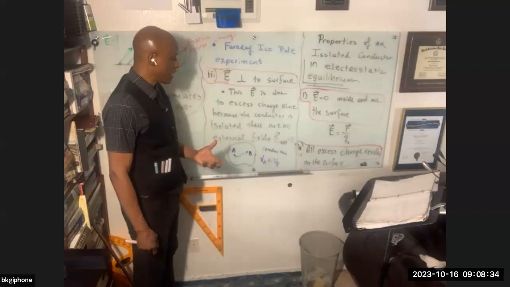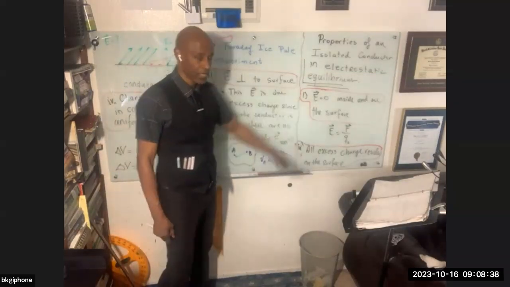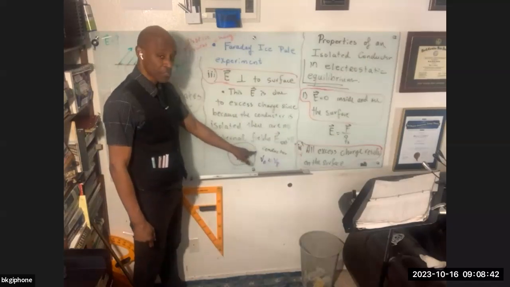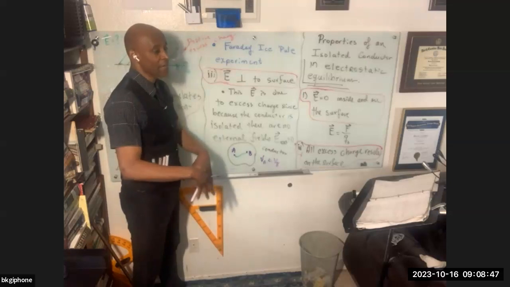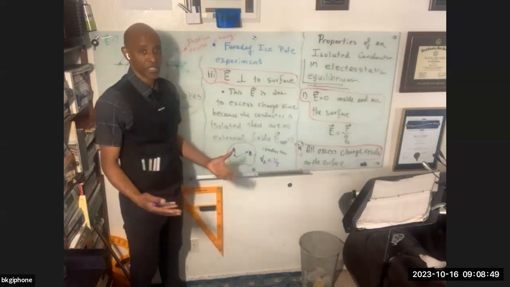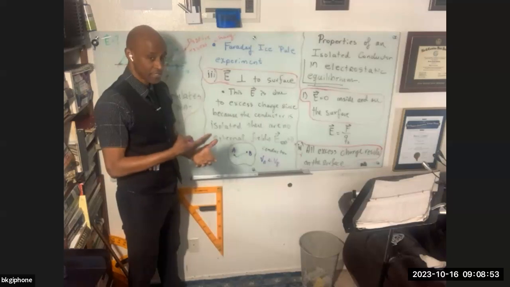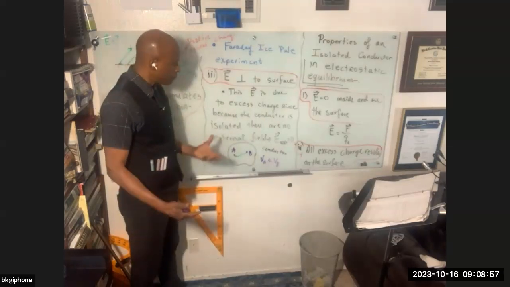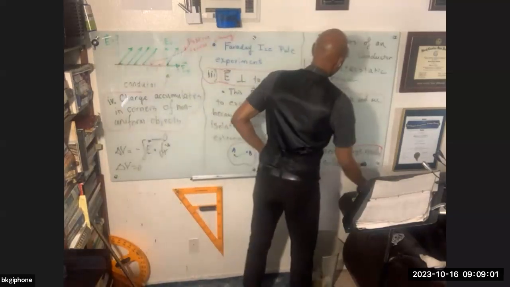Now we could say everywhere on the surface, the potential is constant, for the same argument we made over here, that you can make one of these positions infinitesimally close to the surface. So not only is the potential constant everywhere on a conductor, inside and outside, not only does it not change, but it's also the same value. I usually write that as two different properties. So we can say that